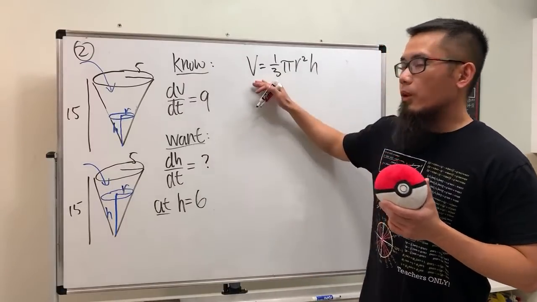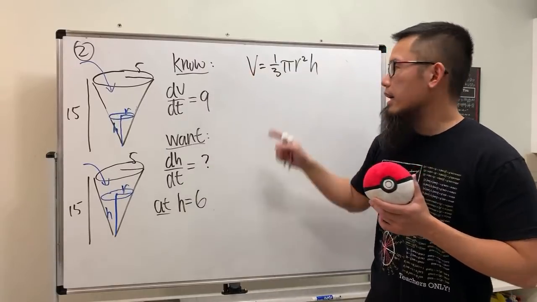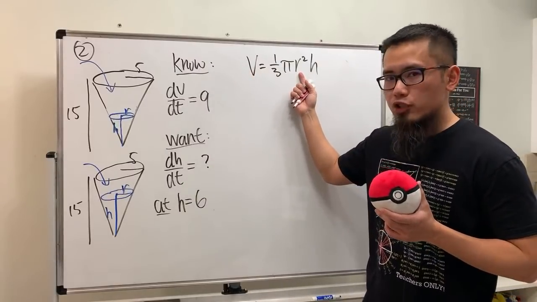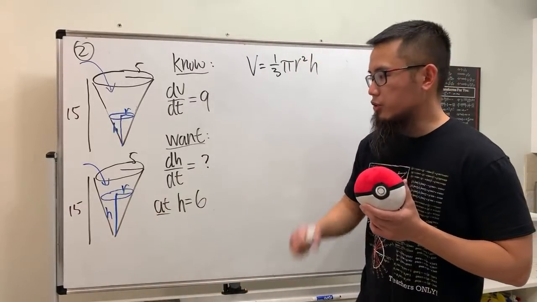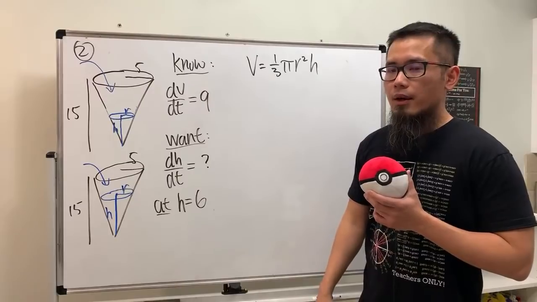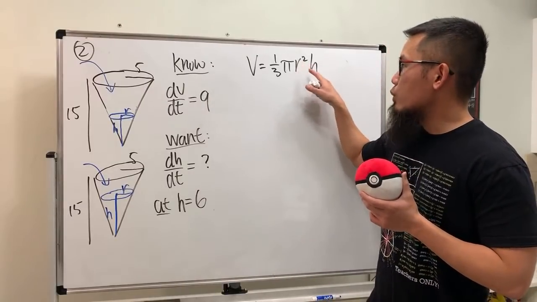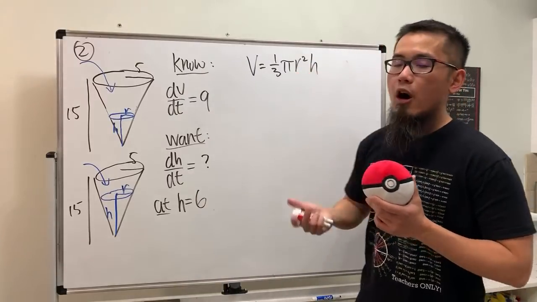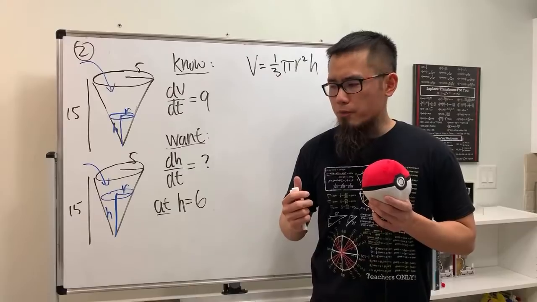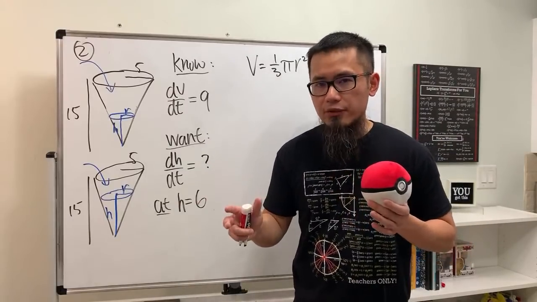Okay, maybe we can do what we did earlier. Just look at this and differentiate that. And you have to keep in mind r is a function of time. Likewise, h is also a function of time because they change. Okay, you can do that, but the problem is that this right here will require product rule because both the r and h are functions of time. So you can do it like that, use the product rule, and just make sure you do the implicit differentiation